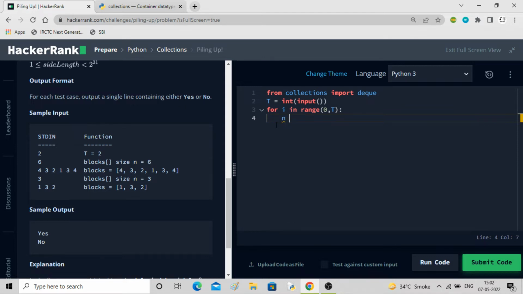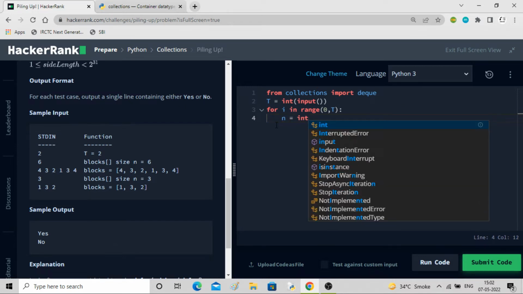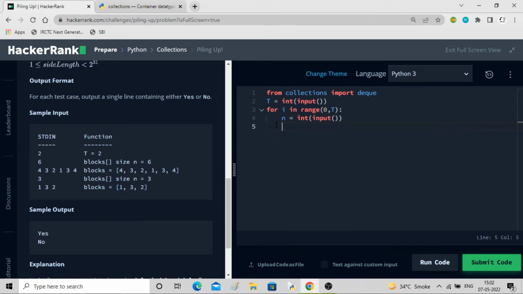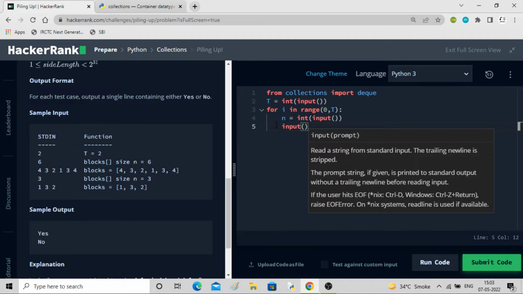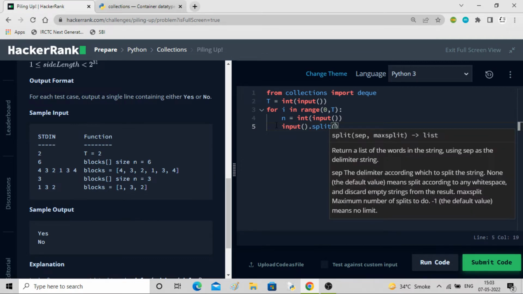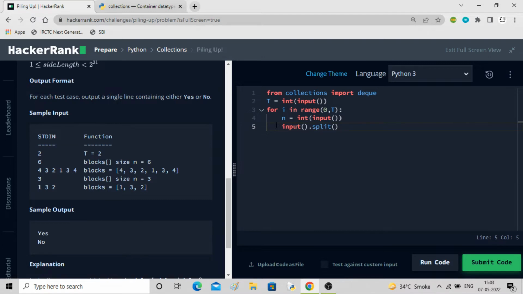So let me take n equal to int input. This is the value of n, and let me take the value of input dot split. This is the list, but all of them are in integer form, so I'll convert into int using map,